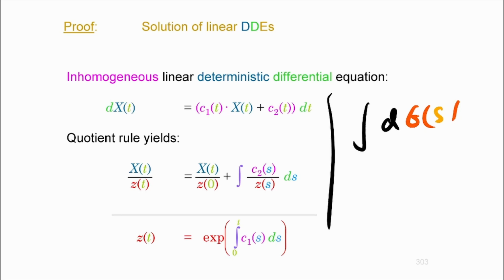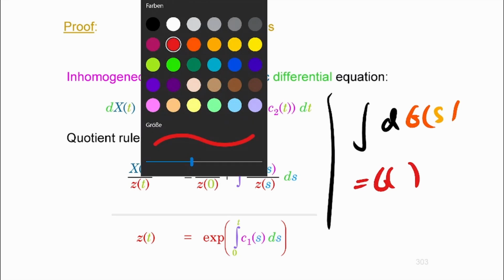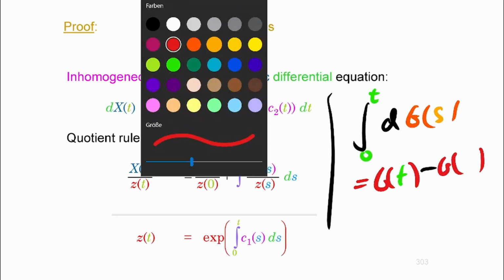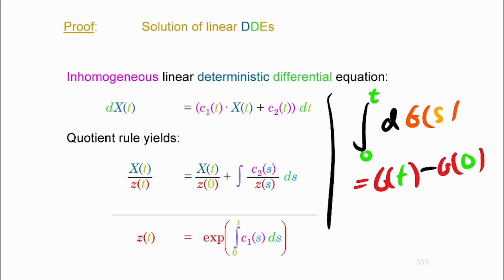Now, if the function satisfies certain conditions, which we talked about, this is just going to be equal to the function. It depends basically where you're integrating. So I assume from 0 to t, this is going to be the function at point t minus the function at point 0, okay? Because this is basically how this works. And that's exactly the same thing that I did, okay? So that's exactly what you see here, because the differentials were disappearing. The quotient as a whole, so you cannot split it, at point t minus the quotient at point 0, which is it, okay?